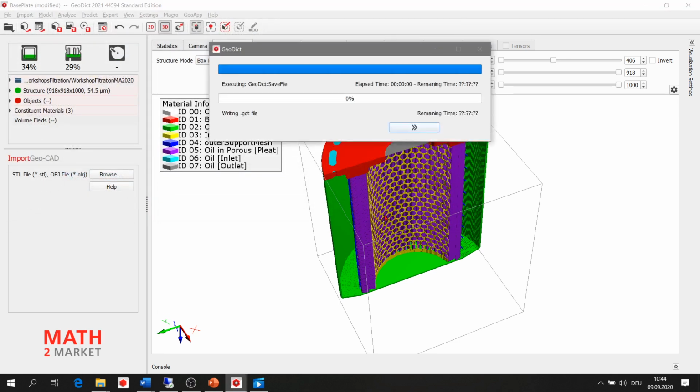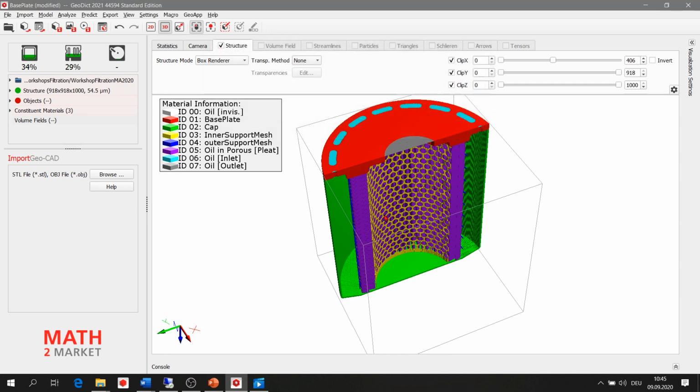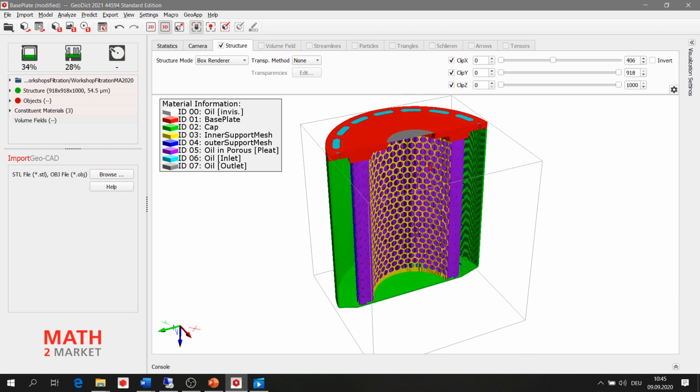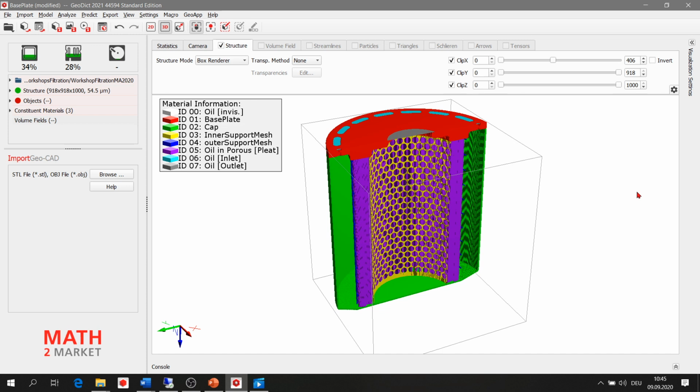I can save it so that you don't miss the geometry and the material IDs that you defined. All right, great. So now the geometry is ready for filtration simulations.